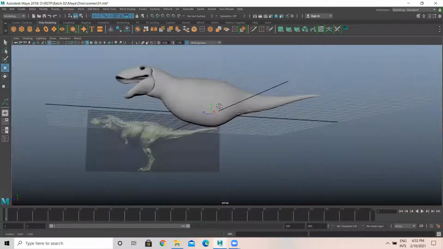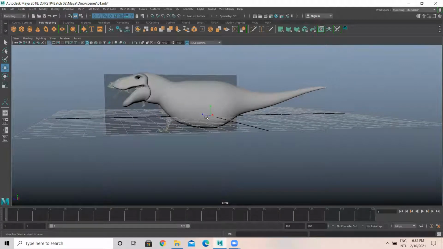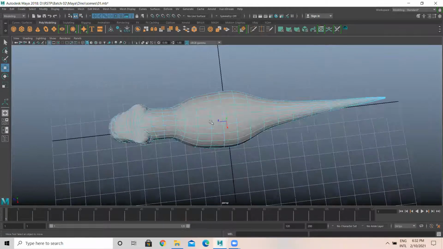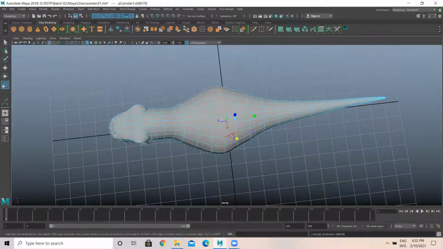Any doubts? No, sir. Okay, so here double click on this edge. It should be like this. Because dinosaurs, you know, obviously the mass is really more.